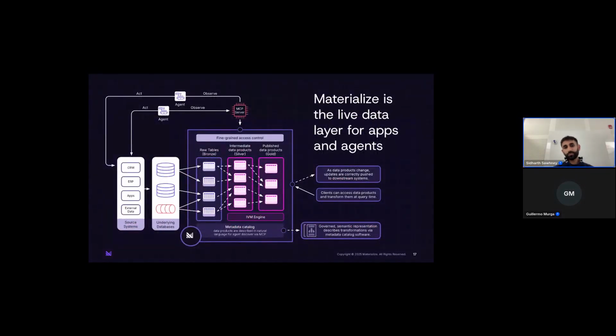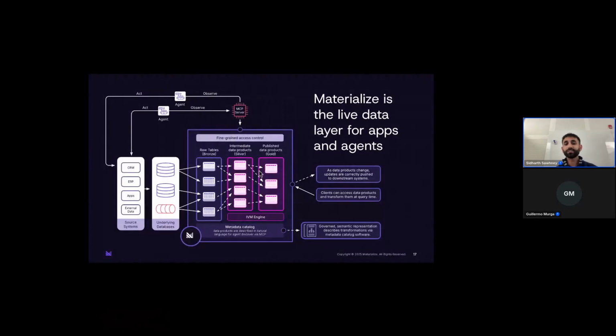So looking as a whole at Materialize and how AI agents would use this ecosystem, the way it would work is something like this. Freshmart would connect all of its different sources. That data would sit in the persist layer or in object storage.